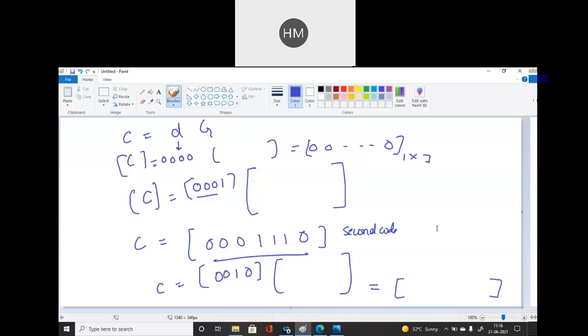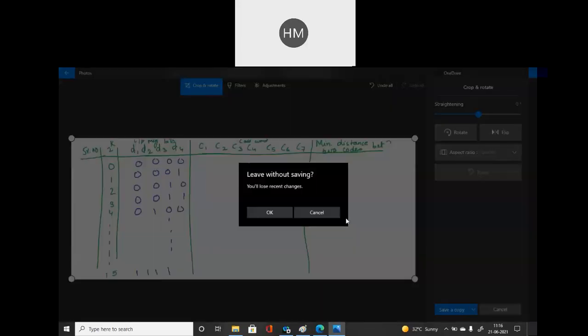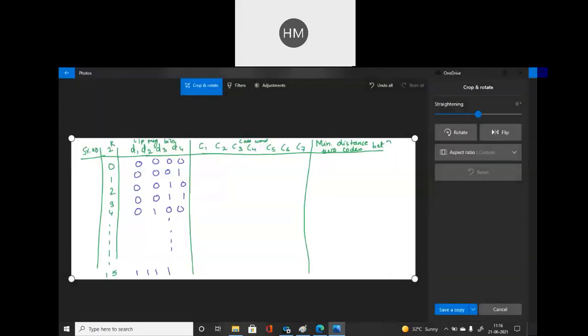Okay, now student, in continuation with this, you have to fill the whole table. This table you have to fill. Okay, you have to fill this table. For first 0, for second, for third till 16. So 16 different code words will be generated. So is it clear how to fill this table, how to generate the code words? Yes, students. So this is your homework. At home, you have to complete this. Okay, then we will discuss minimum distance between two codes in the next class.